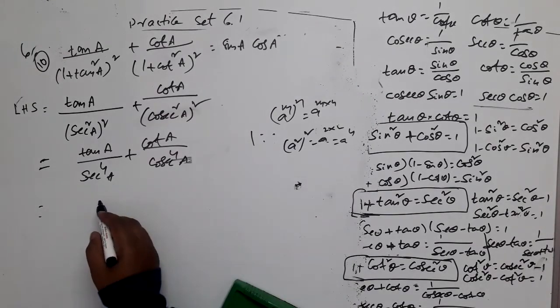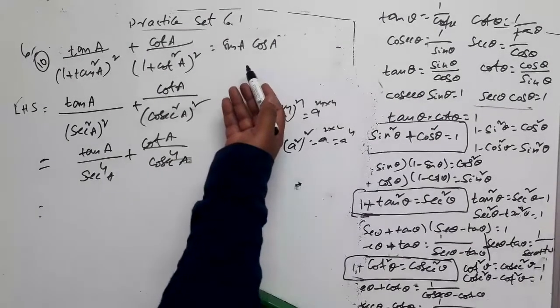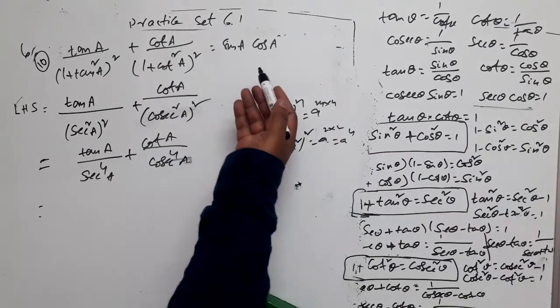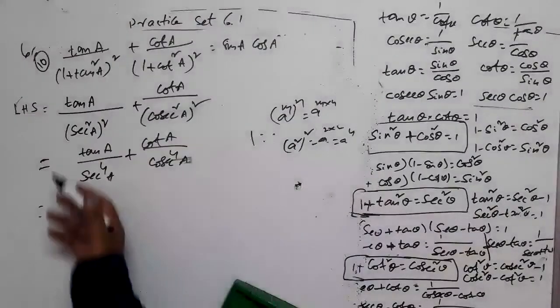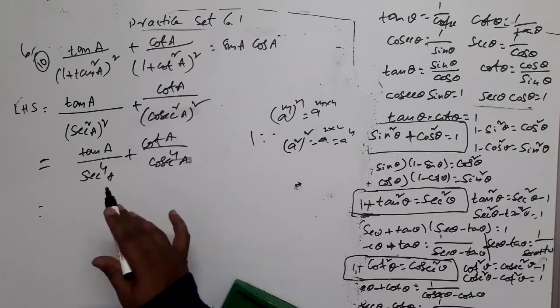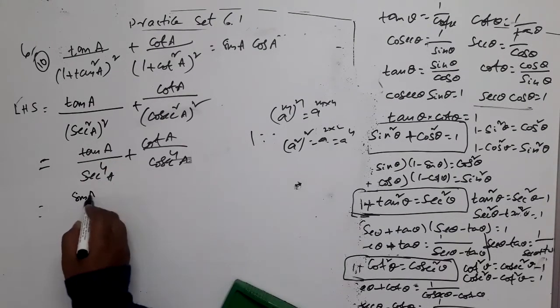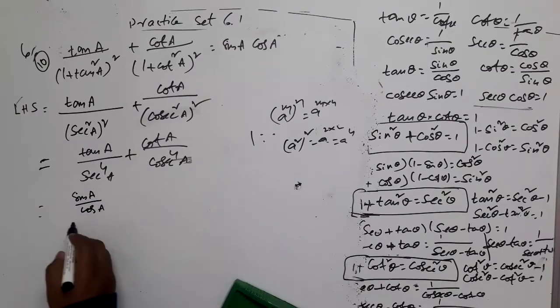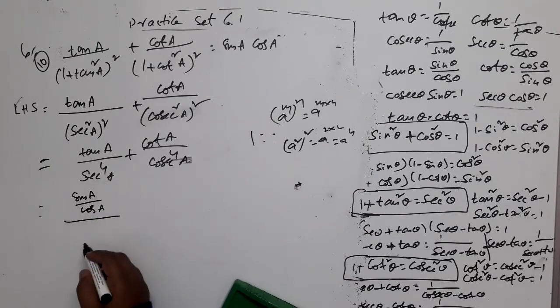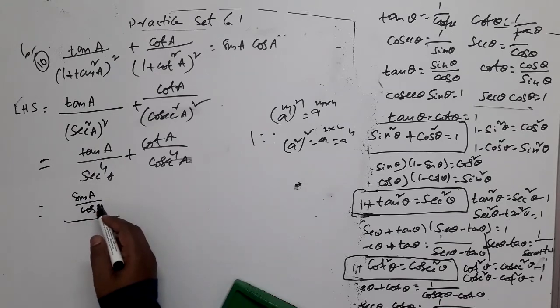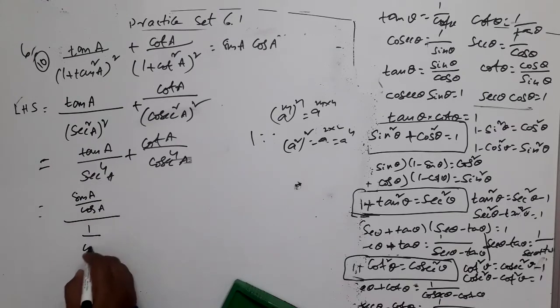Now, we have observed that the right hand side part contains simply sine and cos. So let us convert all these things in terms of sine and cos. Tell me now, what is tan A in terms of sine and cos? Sine A by cos A upon secant A. Secant A in terms of sine and cos? Yes, secant A is a reciprocal of cos A. So this can be written as 1 by cos power 4A